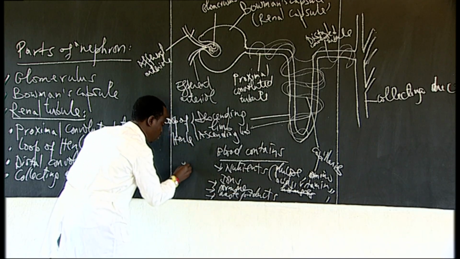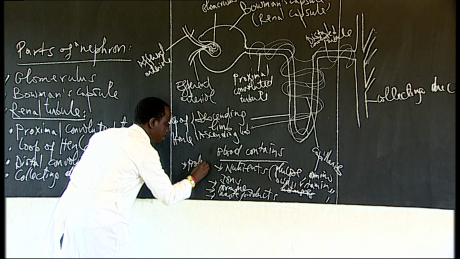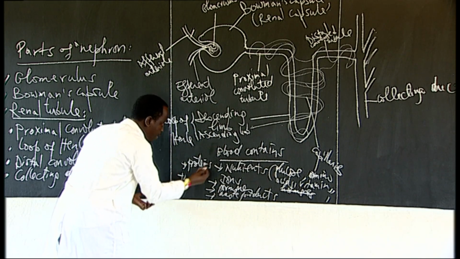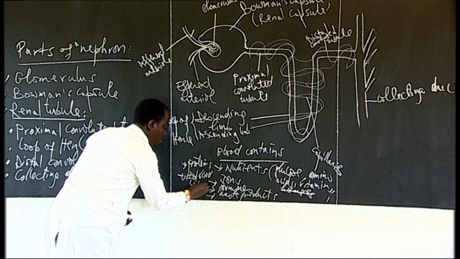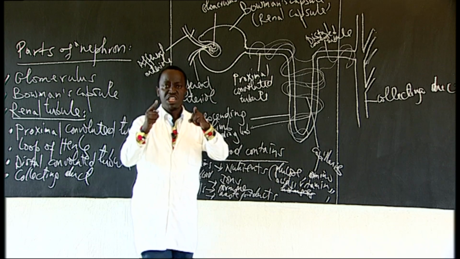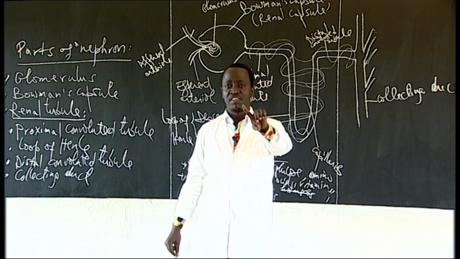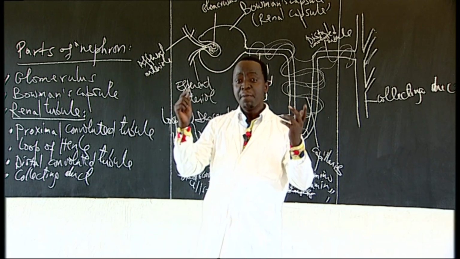We can also have proteins. In the blood we also have red blood cells. So what I want to say is, during urethral filtration, which is the first process of urine formation, the blood comes,